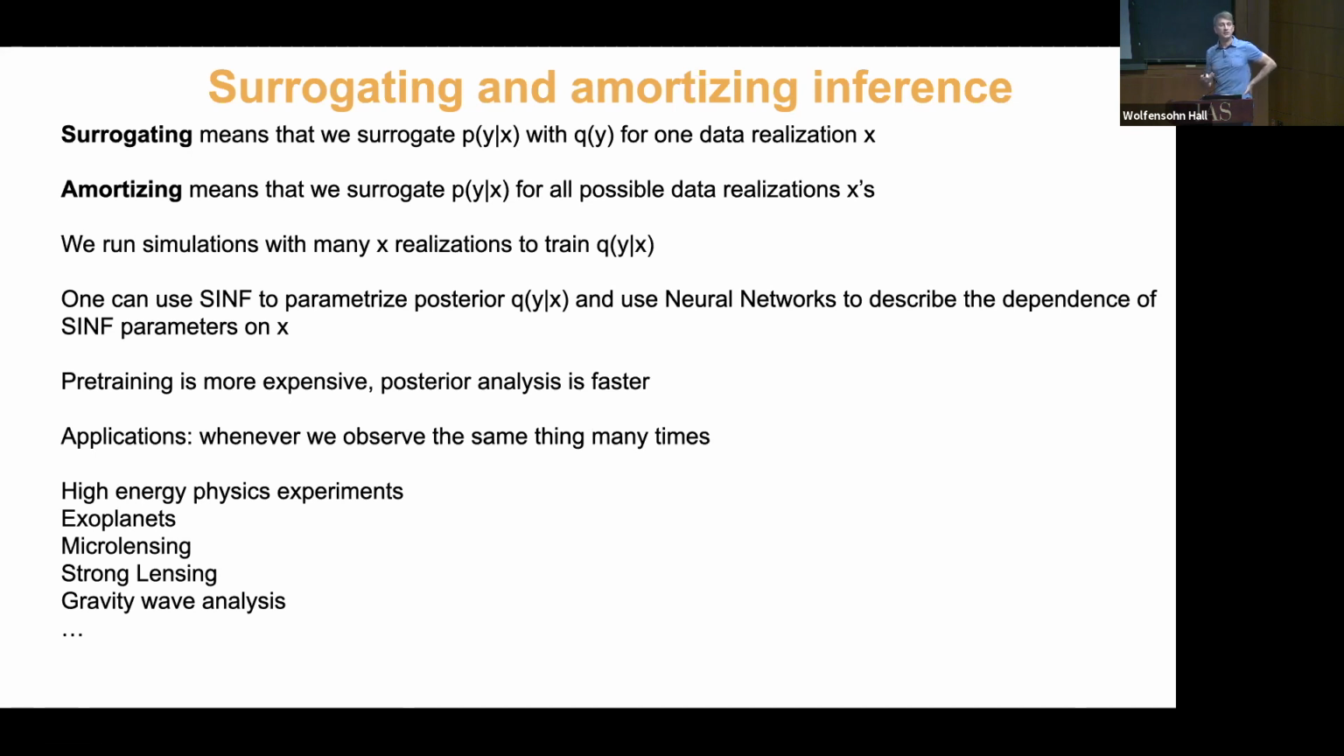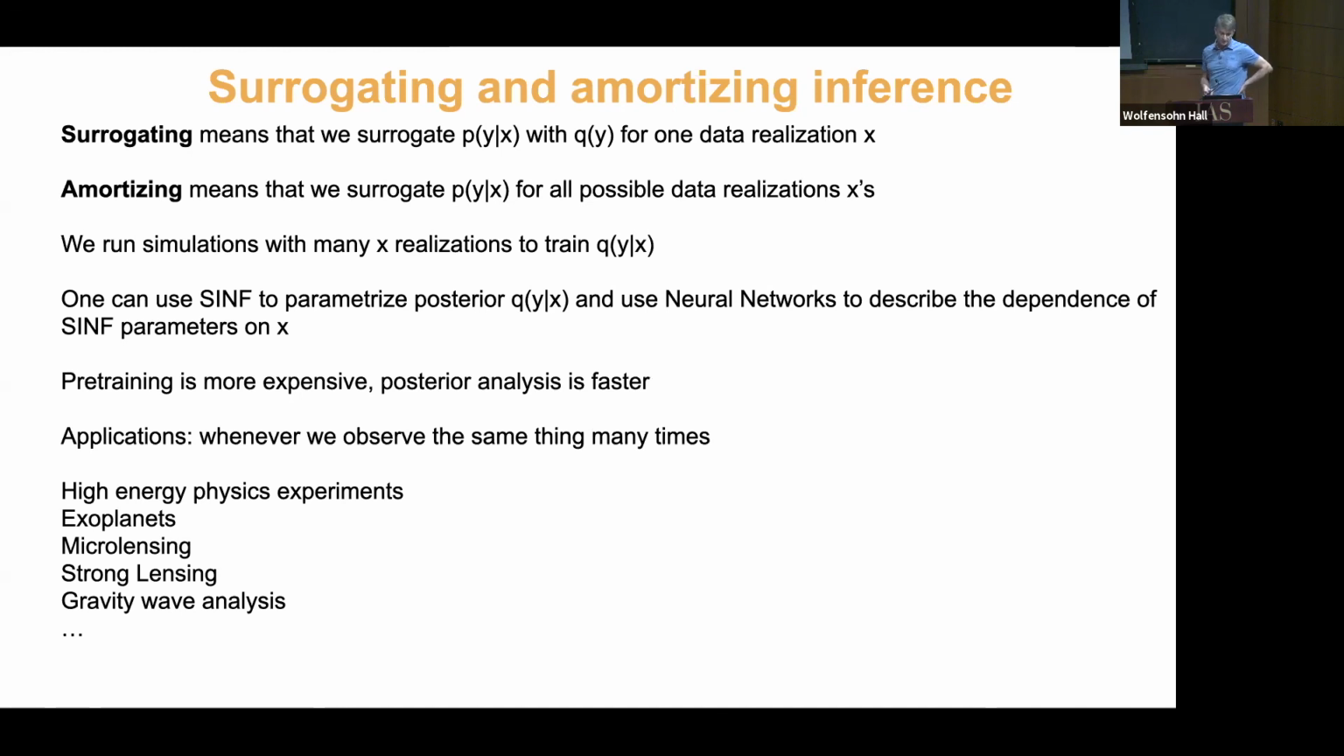This pre-training is more expensive, but then the posterior can be faster, and applications would be anytime you observe something many times, that's where this can be useful. For example, high-energy physics experiments, obviously they keep doing the same thing, right? So this is really a good example. But exoplanets, microlensing, strong lensing, gravity wave analysis, these are all good examples because you keep looking in the data for the same thing, right? Strong lensing or